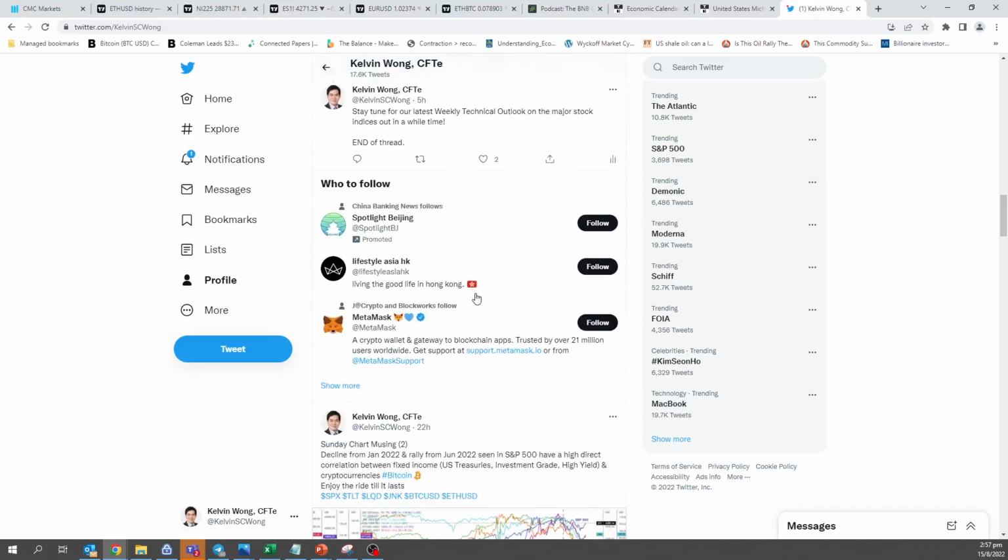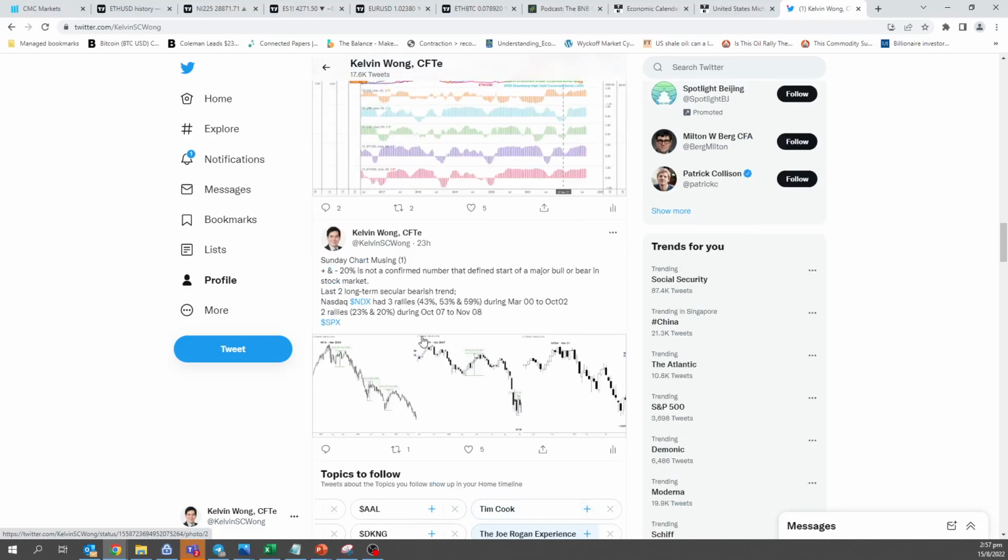Okay, so if you look at my tweet on Sunday, this is where I tweeted that in the last few instances, SPX has had 3 rallies of more than 20%, but it still continued to shape down thereafter. So the point I want to make here is that even though the Nasdaq 100 made a 22% rally from its June low, it's not a definite sign or a definite trigger to say that hey, we are now out of the woods and at the start of a brand new major bullish trend. All right, so just bear that in mind.